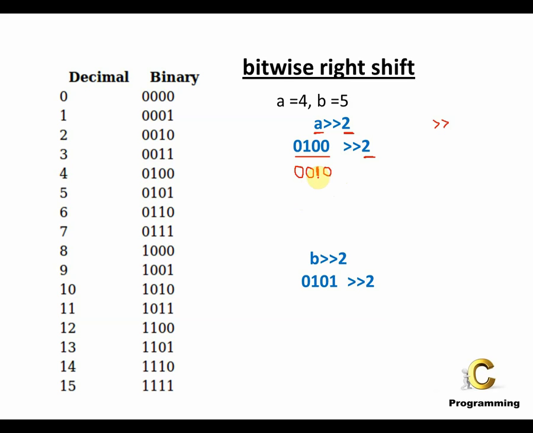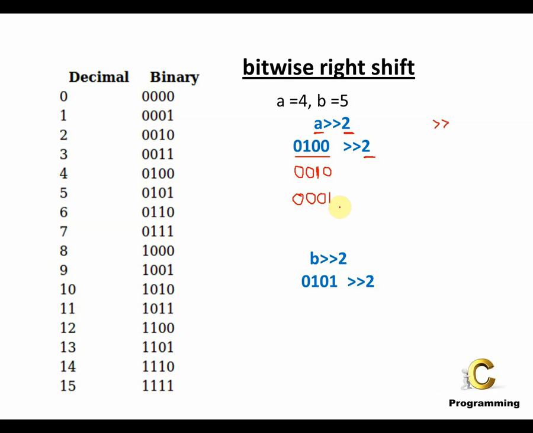Now this was only one place of shift happening. We'll perform another place of shifting. So this 1 will be shifted to the last spot. So 1 will be shifted here. 0 will come in this place of 1. This 0 will come over here in the second place. And you'll again see there is one empty spot in the first place, so you will insert a 0 again. So this was how you would perform a bitwise right shift.